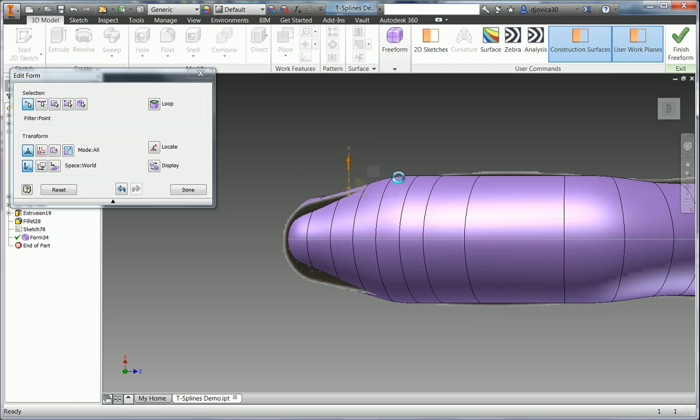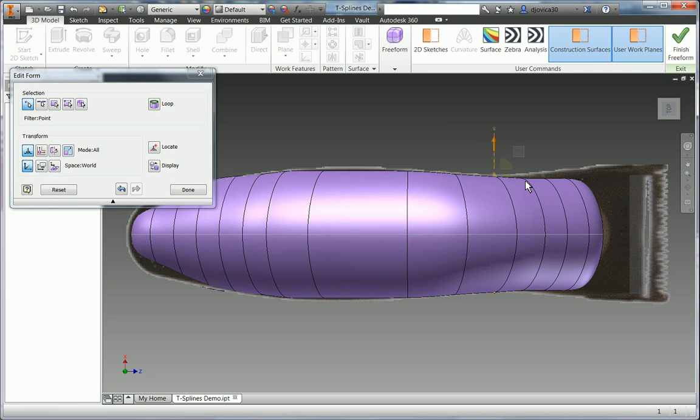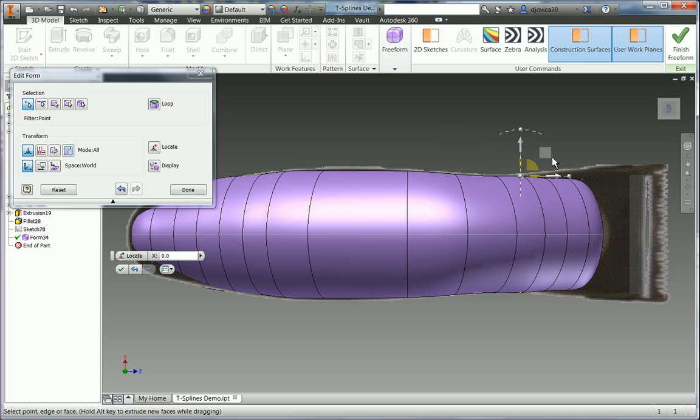And now we're just going to go along selecting the control points and getting a nice smooth image, well, body I should say, to the image. So I'm just going to select these last couple of control points, and you notice that